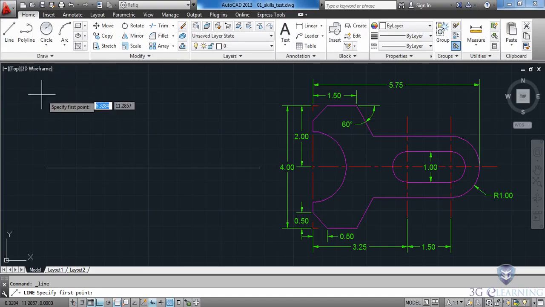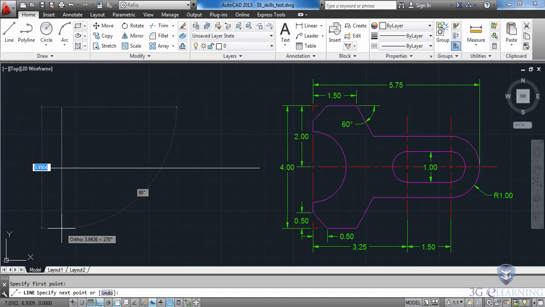I will then launch the line command again. I'll click above the first line and pull straight down. I'll click and then I'll press escape when I'm finished. I have just created an object snap that I'm going to use to start building this part from. This intersection represents the center of this circle, and like any good set of plans, this drawing is missing a